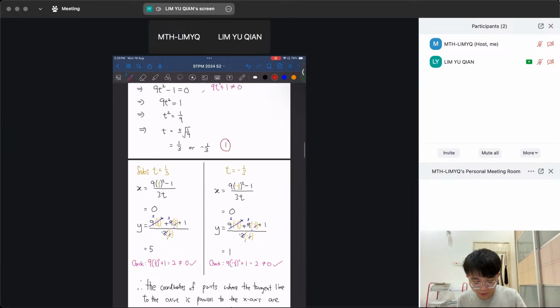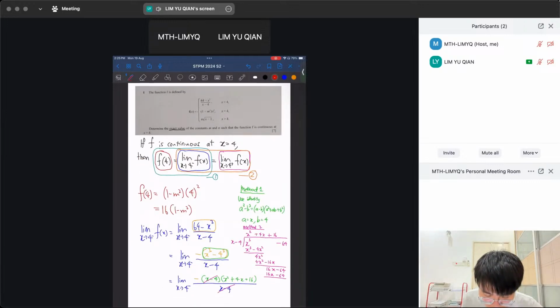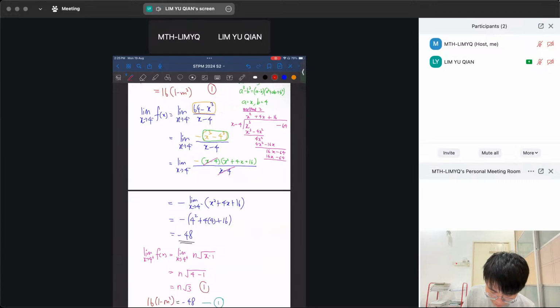Okay, let's go back to question 1 and talk about the marks. If you say it's continuous and you can tell the limit equals the left-right limit and also equals f of 4, or in any place you make the equation, that will give you 1 mark, if you know they are equal. And then finding them one by one, direct substitution, this one also will have a mark, as long as you get the answer. I think just 1 mark only.